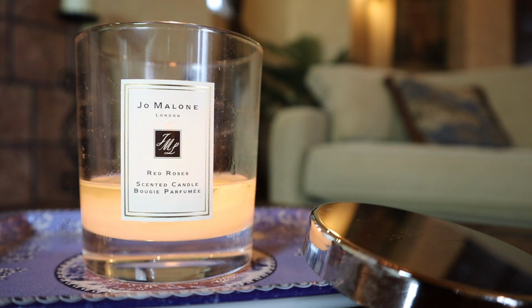Maybe you might not notice it, but for me, it was quite noticeable, and it's the reason that I did not enjoy the Diptyque one and the Jo Malone Red Roses as much as I would have, based on how beautiful and gorgeous it was on cold. Both of the candles are just absolutely exquisite on cold, but when you go to light it,